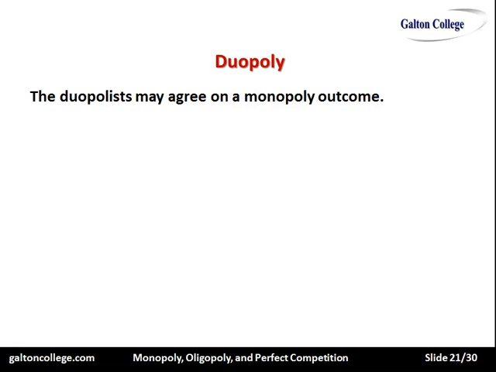Duopolists may agree to act like a monopoly. They may actually get together and agree on the price of the product that will be charged. They could even agree on sharing production facilities. They're essentially operating in the same market, so instead of competition, which pushes the price down for the consumer, they may agree to keep the price up. So they are, in a sense, colluding to keep the price up.